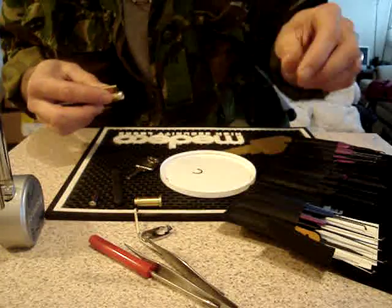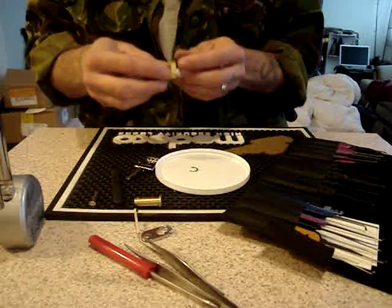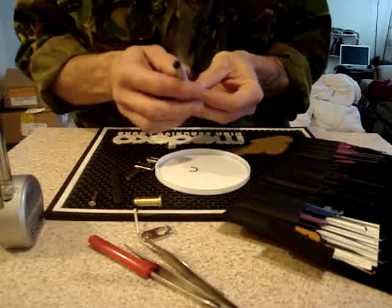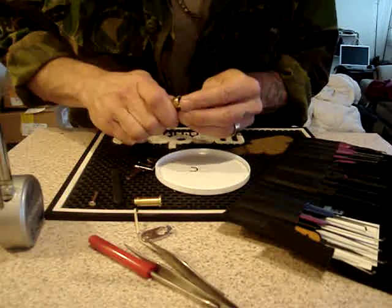Okay, I don't really have any way of dividing these up. So, from back to front, we have